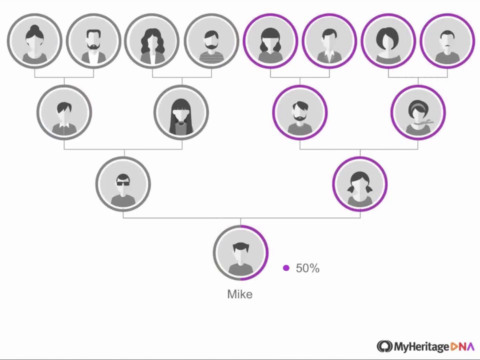As you can see here, on his paternal side, things are a bit more complicated. For one side, his great-grandmother has orange ethnicity. And on the other side, he has 50% blue and 50% red. And so his father inherited 50% orange and 25% red and blue. And this makes Mike, theoretically, 50% purple, 25% orange, and 12.5% blue and pink. Now, I'm saying theoretically because